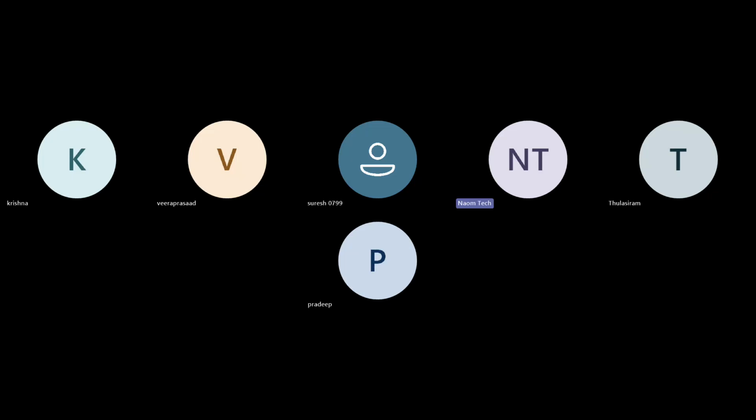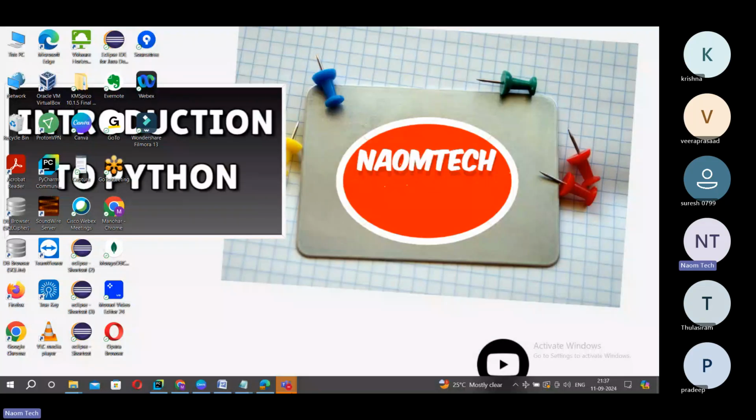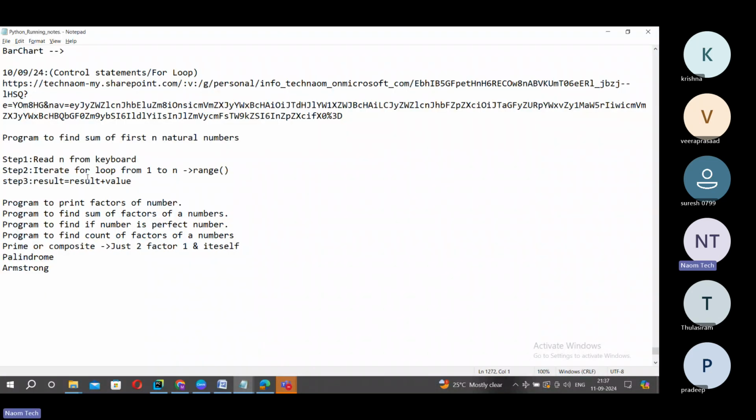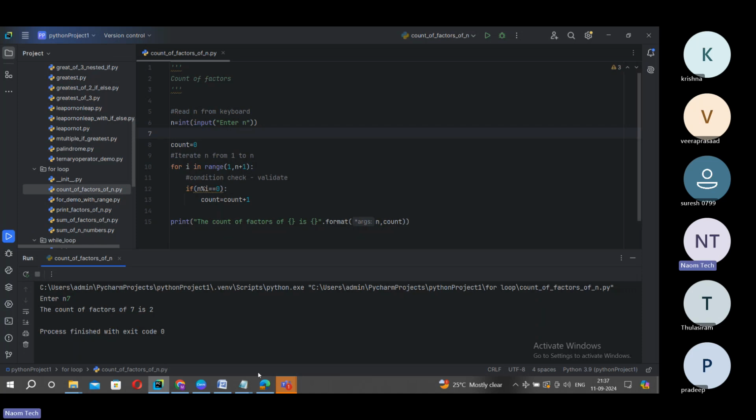So sharing my screen. Can you see my screen? So yesterday I was talking about this program, sir. I think let me open this. Okay, we are discussing about